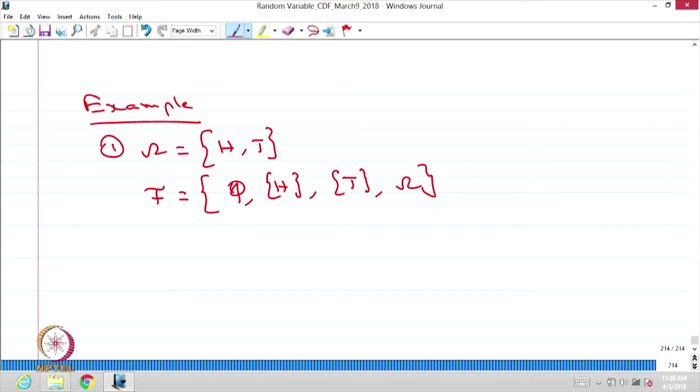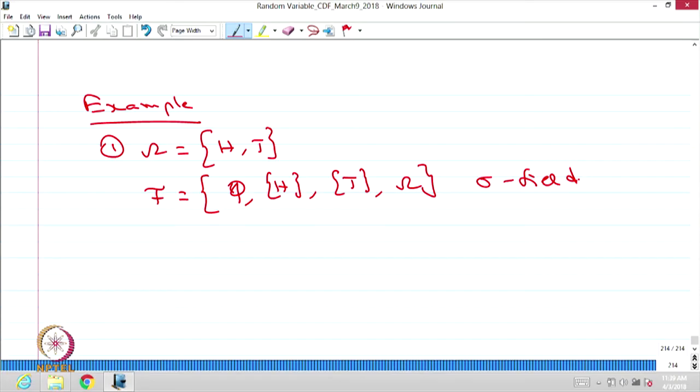Second condition, if I take any one element, the complement is also belonging to the F. So if I take an empty set, complement is omega, that is also belonging, and H complement is tail, that is also belonging to F, and the tail complement is H, that is also belonging to F, omega complement is empty set, that is also belonging to F. Therefore, all those three conditions are satisfied by this collection, which is a subset of omega. Therefore, this is going to be a sigma field